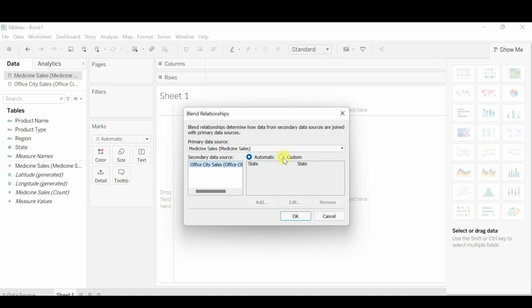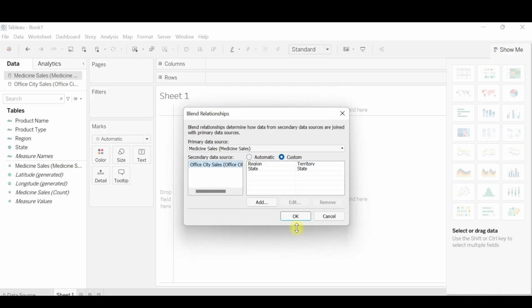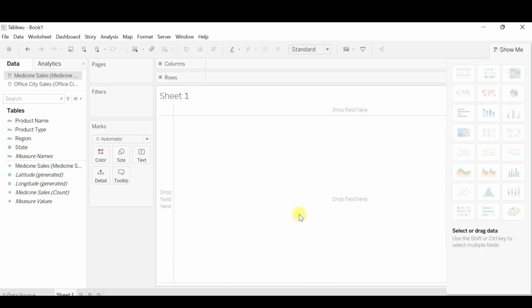But if we want to customize it, we can click on Custom, click on Add, pick the region and the territory, and click on OK. Now the relationship between both the data sources would be based on the region and territory and state. So click on OK, and once we do it, we'll see that a blend relationship is created.